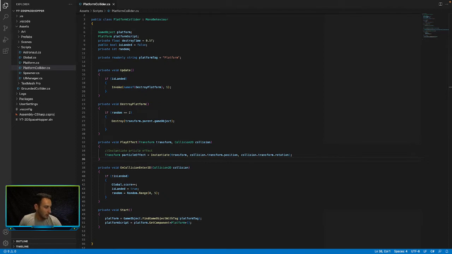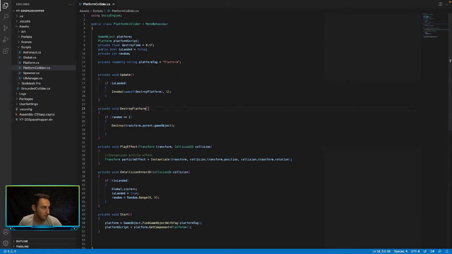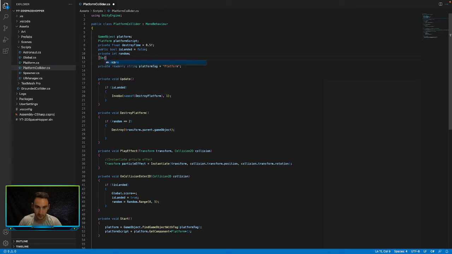So now what we want to do is go and pass in that particle effect. So in here we are going to create a new serialize, or actually let's just make this public for now. So let's say public transform, because this is going to be a transform that we pass in. Transform particle, like that, particle effect, and then we will probably drag that in the inspector in our Unity